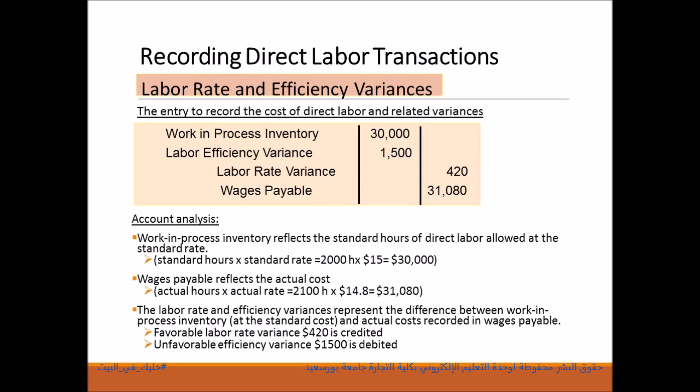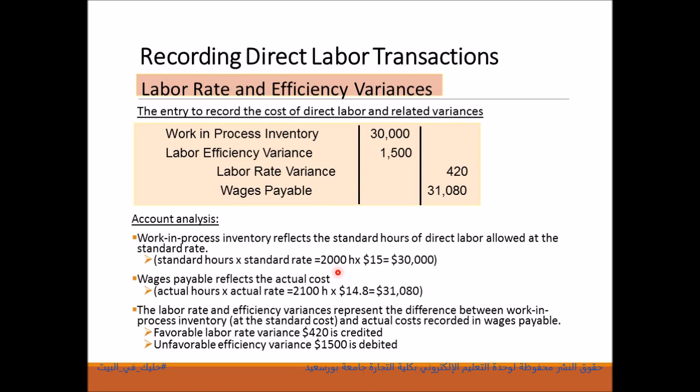Specifically, work in process inventory is increased, debited, and wages payable account is increased, credited, and favorable labor rate variance is credited, and unfavorable labor efficiency variance is debited. Specifically, to determine work in process inventory amount, we multiply standard hours by standard rate, and according to